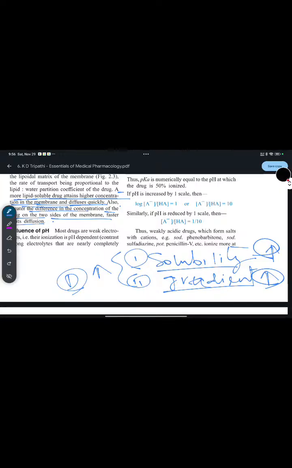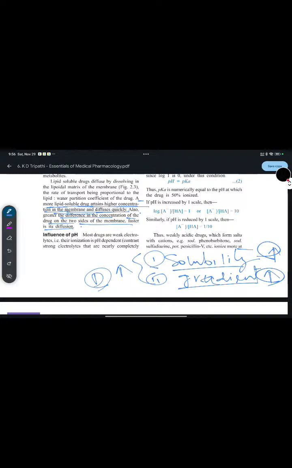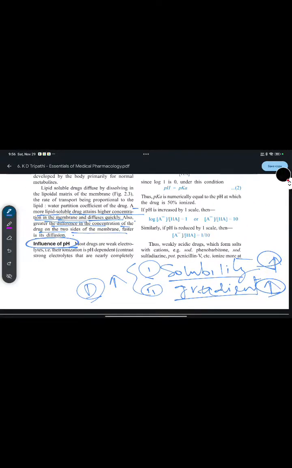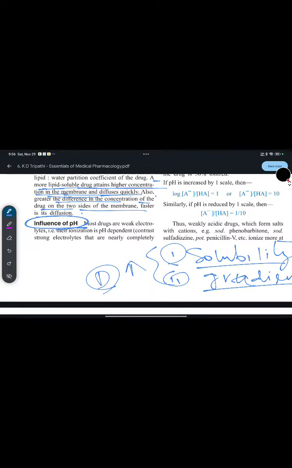Next, influence of pH. Most drugs are weak electrolytes. The influence of pH is very, very important. You have to understand that. Why? Because whenever you study clinical toxicology, or whenever you do a clinical study, in that case you will see